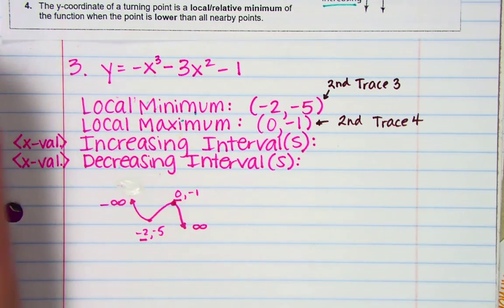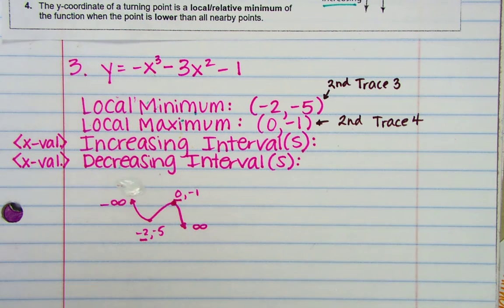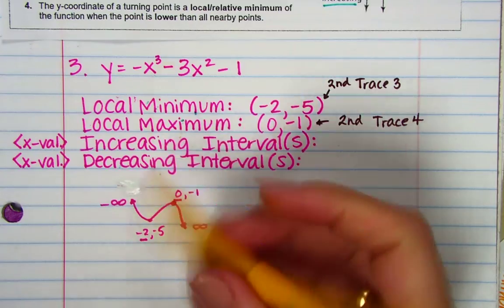Okay, so they want our increasing interval. Well, how many places on our graph is it increasing? 1. Okay, on the ends or in the middle? Right, in the middle it's increasing. Okay, this is